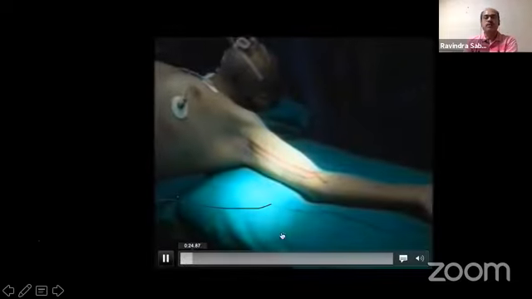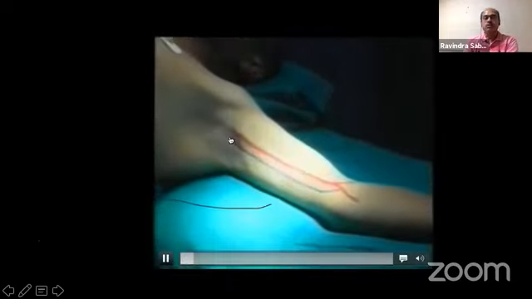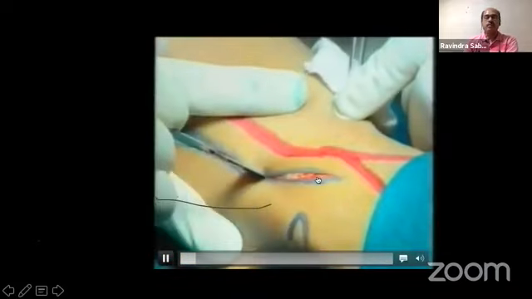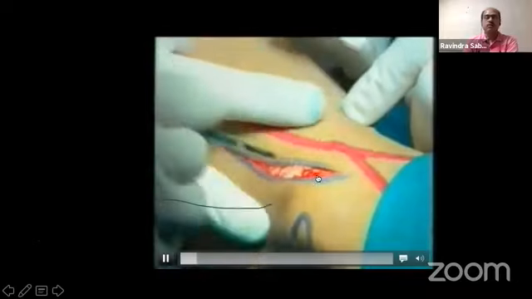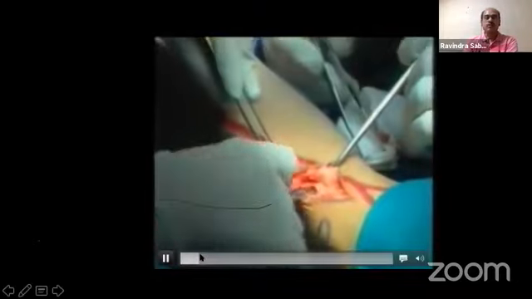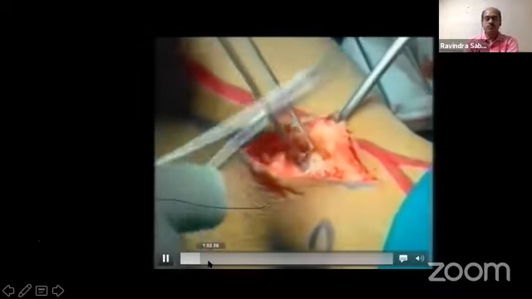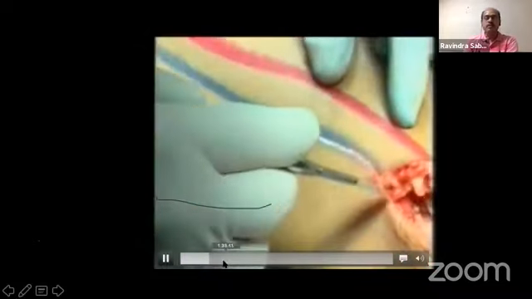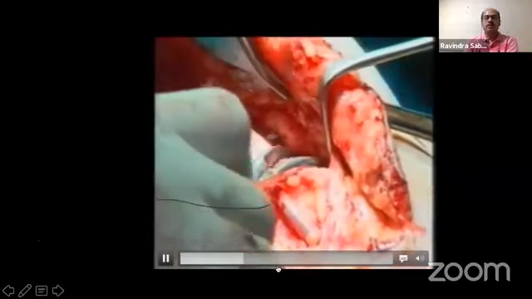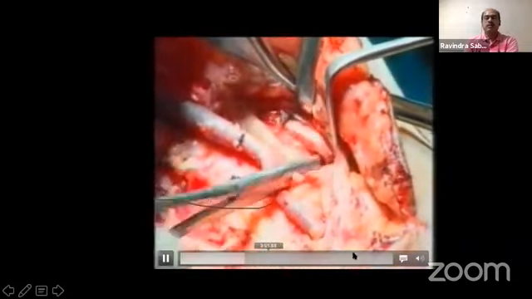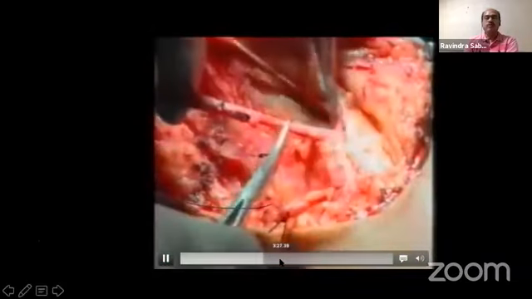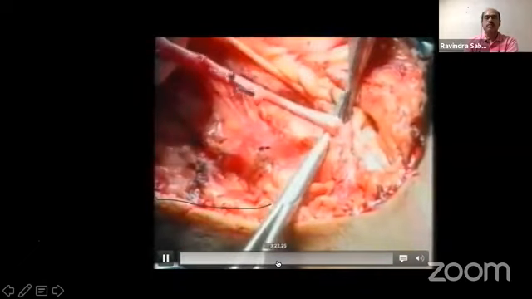Again, the principles remain the same. This is where I have shown the long incision for the basilic vein. The same can be done with multiple incisions. We nowadays do it with multiple incisions, like I showed you for the forearm transposition. But the principle again is the same: you dissect out the whole basilic vein, ligate all the tributaries, right from the elbow to the axillary vein. As you know, the basilic vein eventually continues as the axillary vein.